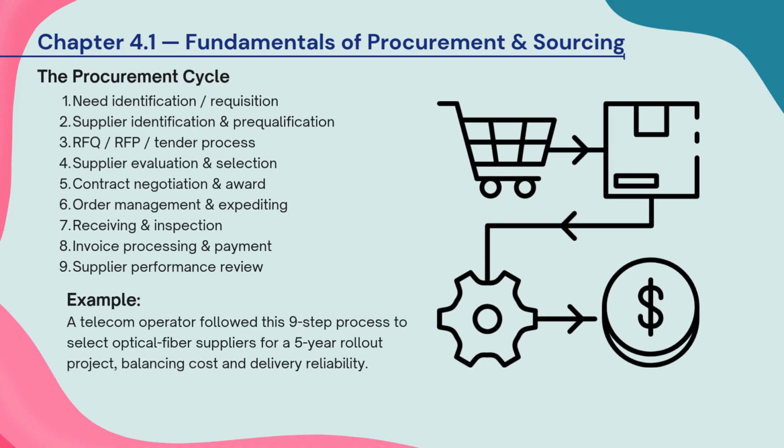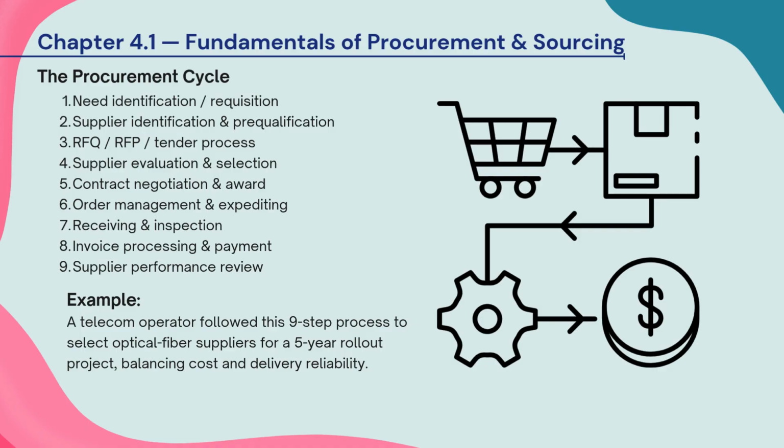This slide outlines the procurement cycle, covering steps from need identification and supplier pre-qualification to contract award, order management, and supplier performance review. Each step ensures the organization obtains the right goods efficiently and reliably. For example, a telecom operator used this 9-step process to select optical fiber suppliers for a 5-year rollout, balancing cost